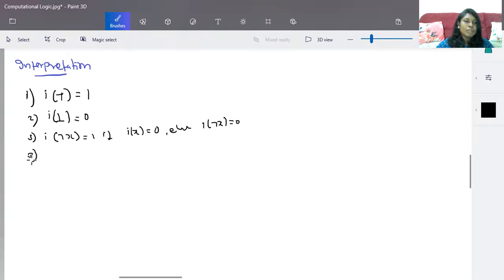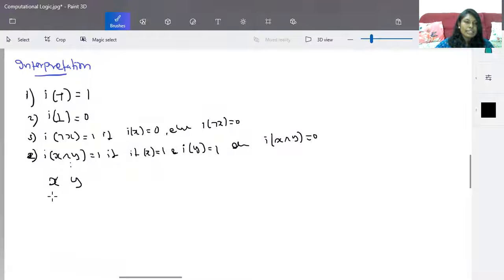Similarly, for all the propositions, I just write 1 or 0. You can follow the remaining things. When I say interpretation of X and Y, your X and Y will be 1 if your interpretation of X is equal to 1 and interpretation of Y is equal to 1. Only when X is equal to 1 and Y is equal to 1, your X and Y will be 1. Else interpretation of X and Y will be 0. So similarly, for all the connectives, you have the statement. So just remember this